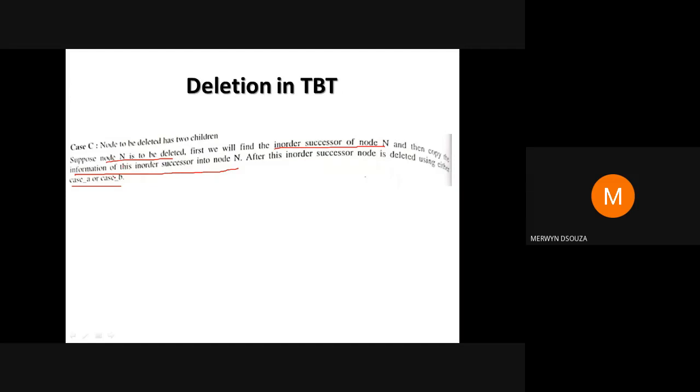You copy that in order successor into the value of n, and the in order successor is deleted using case A or case B. So case C is nothing but, first you find out the in order successor, copy it instead of n, and then solve it using case A or case B.